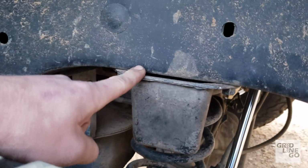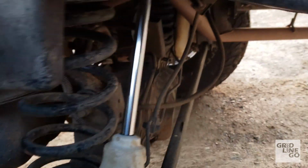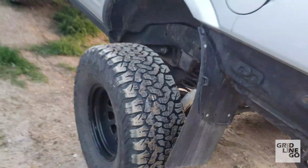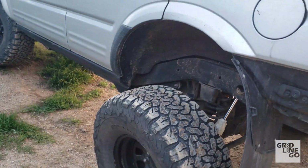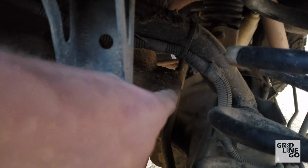So this one I wanted to leave like this without the wood block, just so I could test to see before and after. That's not even full droop on this side. This side can actually come down more, and I can tell because I know that my bent upper link here that avoids the gas tank would end up still touching the gas tank, and my spring is still nice and tight. As far as the bump stops go,